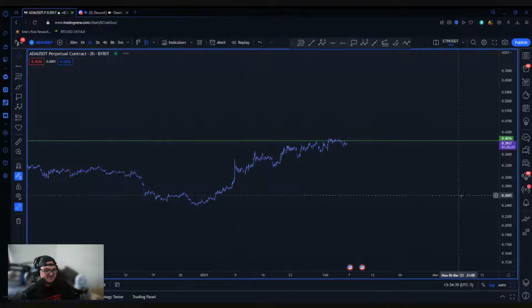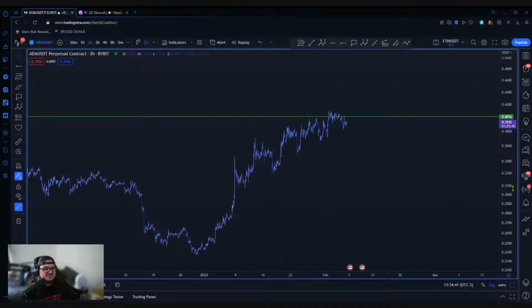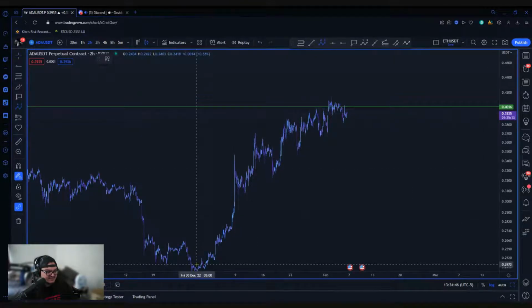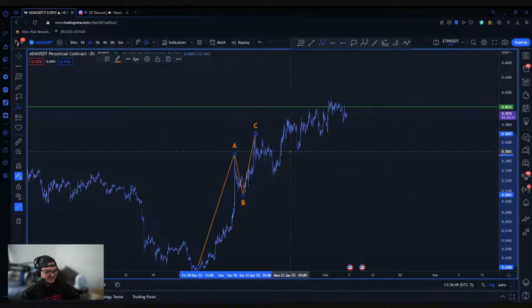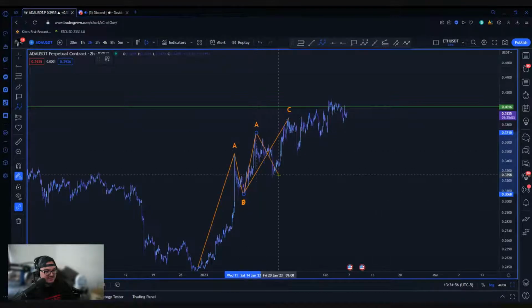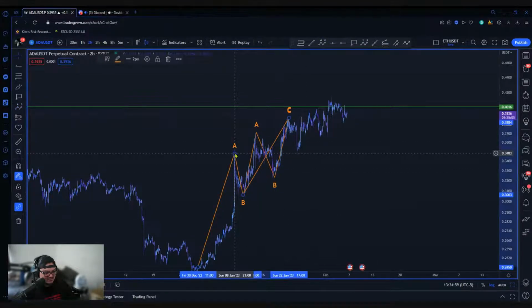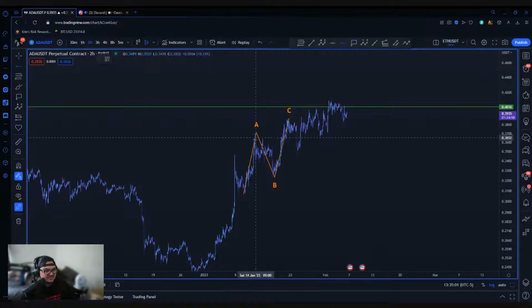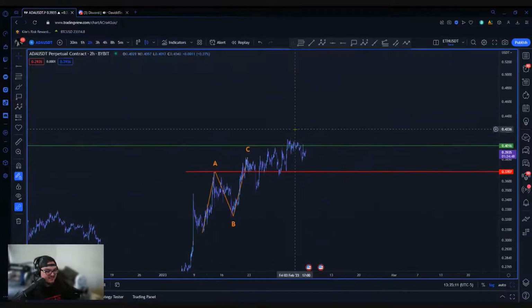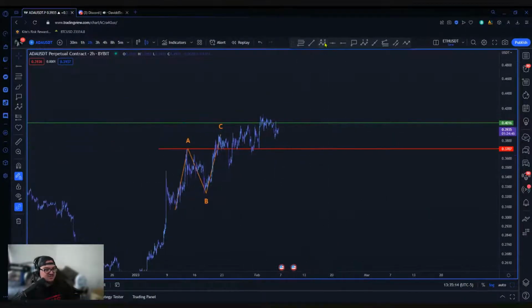If we go to a smaller time frame, this is a very similar situation to LTC. This is just garbage. I ditched this a long time ago. We did have this ABC here, and then that turned into a larger ABC here, with this being an ABC. And this is the one I took. So deleting this one off the table. I took this one a couple times, but I eventually just ditched it because of how messy this became. So hopefully we can get a clear break in structure.